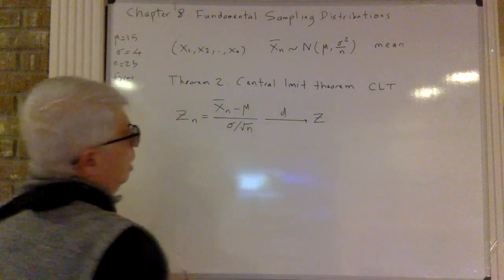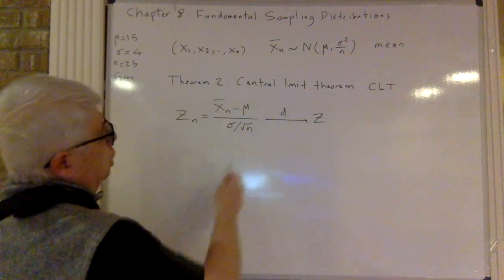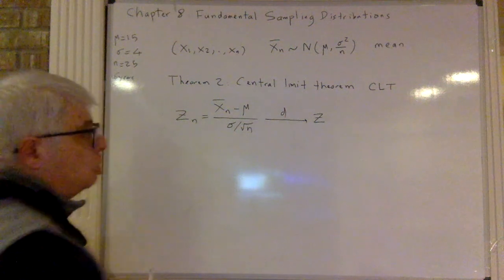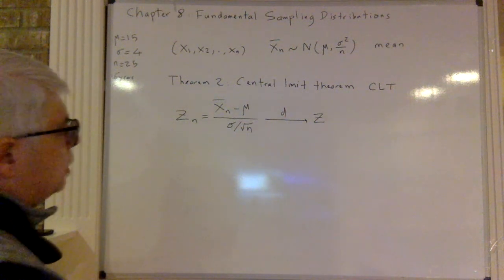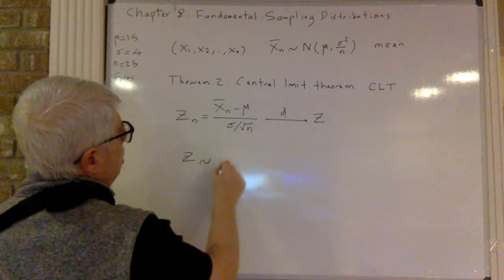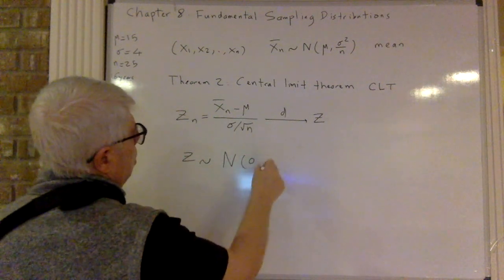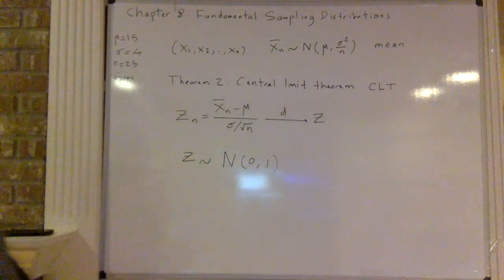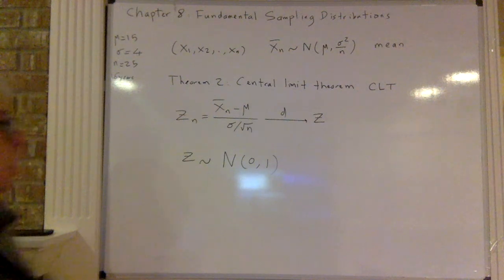So you see, if you find the distribution of it, somehow that distribution should converge to the distribution of that Z. And Z has a normal 0, 1 distribution. And that is amazing. That is amazing. No matter what distribution I have for the xi,